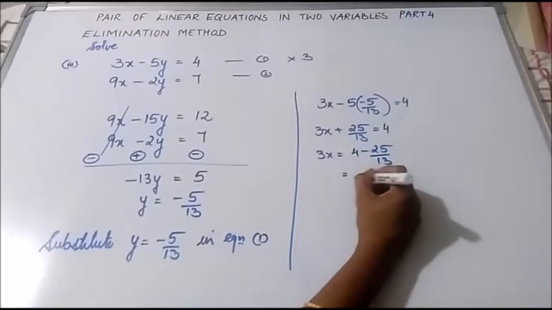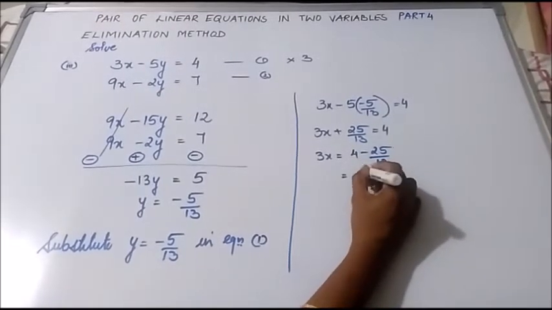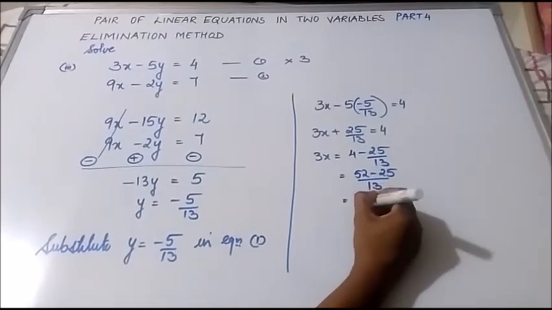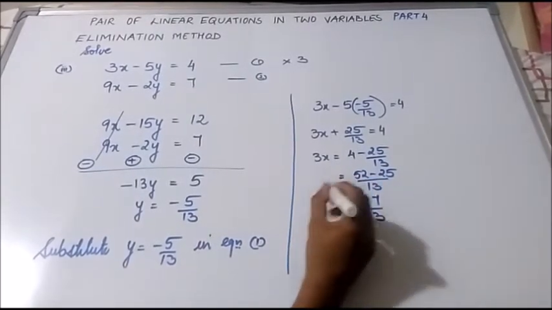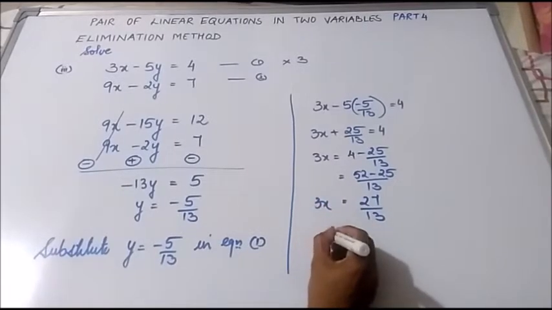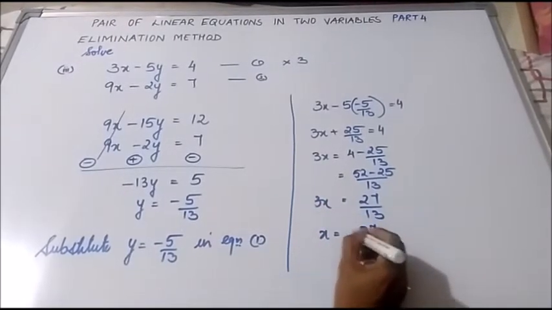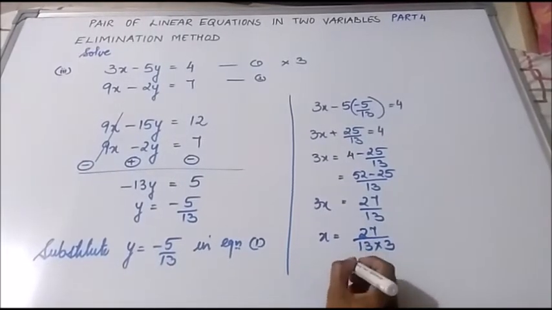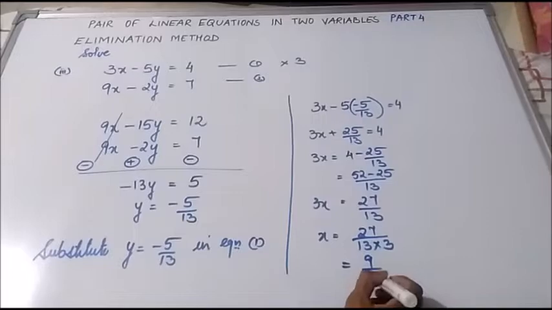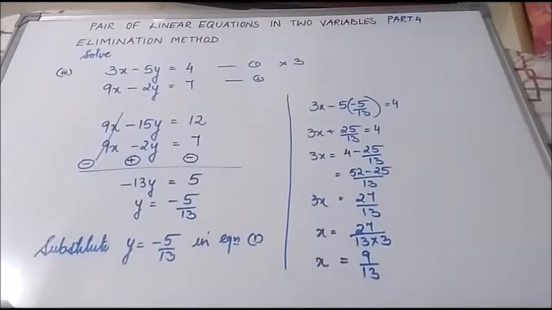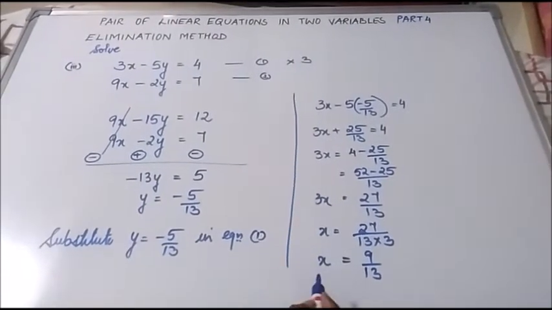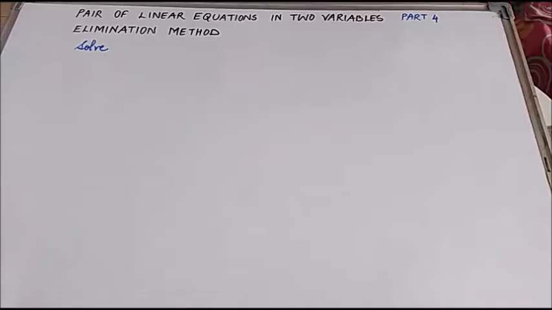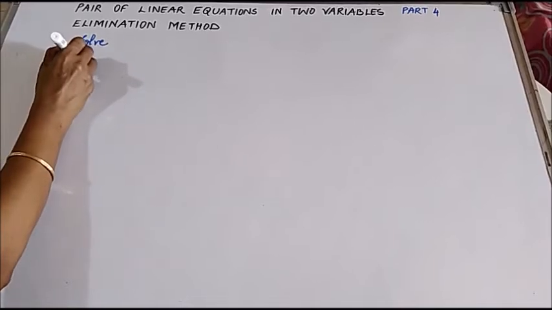Here the LCM is 13. We get here 52 minus 25. That will give us 27 by 13. X is equal to 27 by 13 divided by 3. Here we have got 3 ones are 3, 3 nines are 27. So we get here 9 by 13. So we get the solution x equal to 9 by 13 and y is equal to minus 5 by 13. The next question,